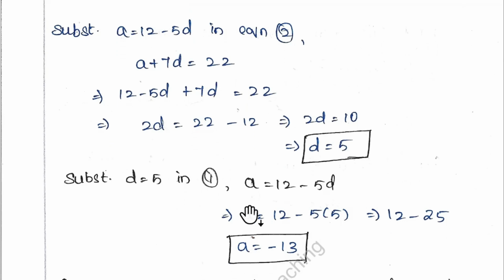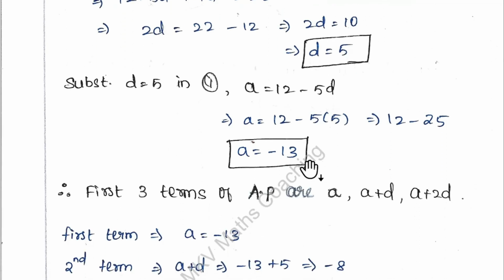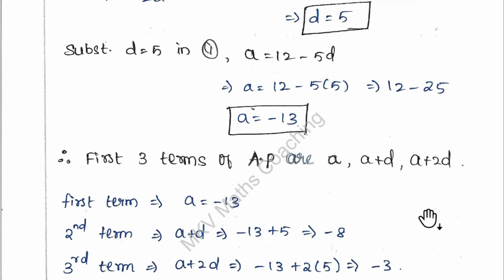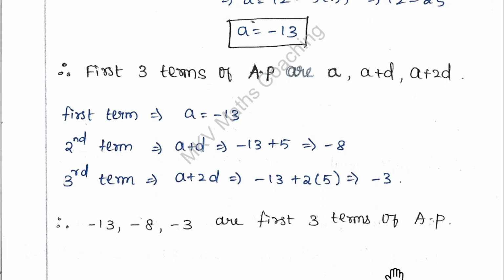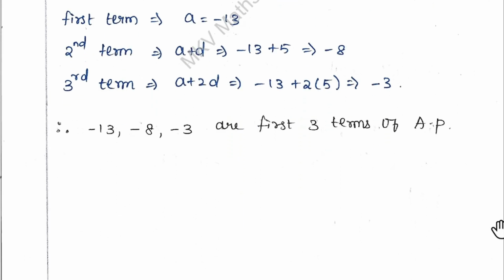Okay, just solve, you get the A value as minus 13, D value as 5. Once you get this, just find out the three terms of AP, which is A, A plus D, A plus 2D. A is minus 13, A plus D is minus 13 plus 5, which is minus 8. A plus 2D is minus 3. Okay. So these are the first three terms of AP. So next question,